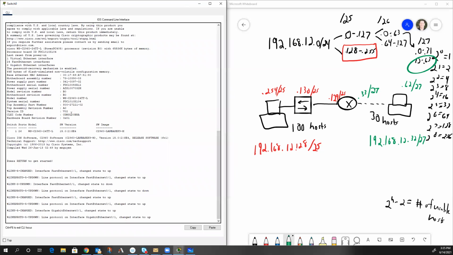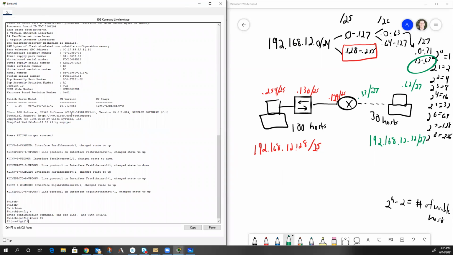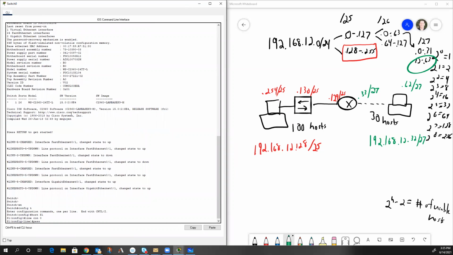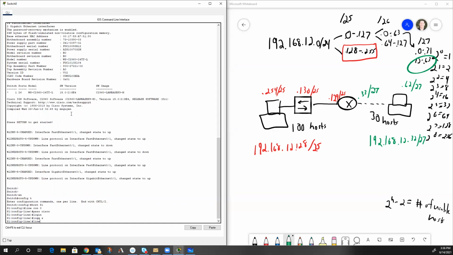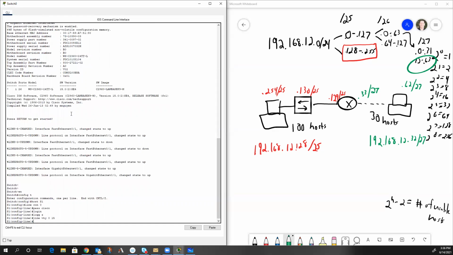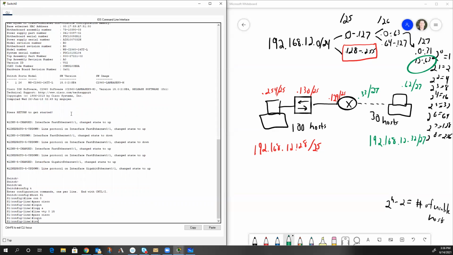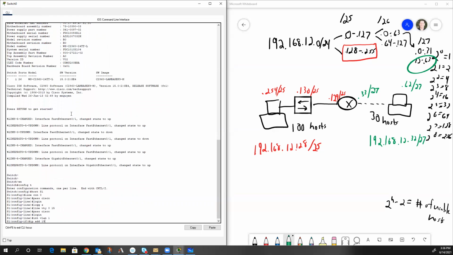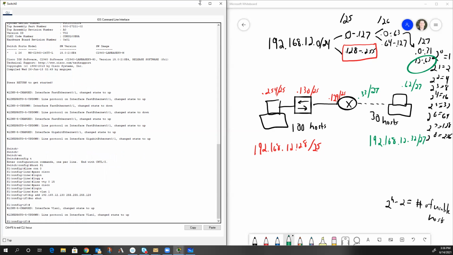Now, I'm going to show you the one place that gets people in trouble on the switch. Give it a host name of S1, line con 0, password of Cisco, login, wait a minute, logging synchronous on that, and then line VTY 0 15, password is Cisco again, login, and then let's do interface VLAN 1, IP address of 192.168.12.130 255.255.128. No shut. Now let's see if we can ping from PCA,